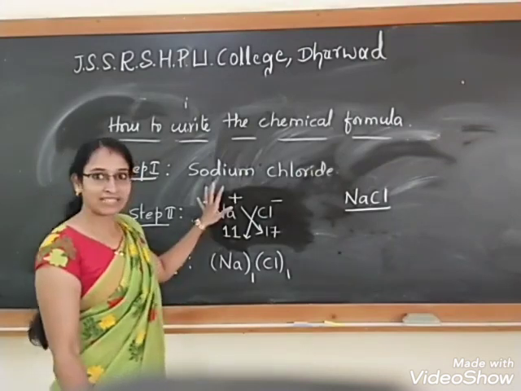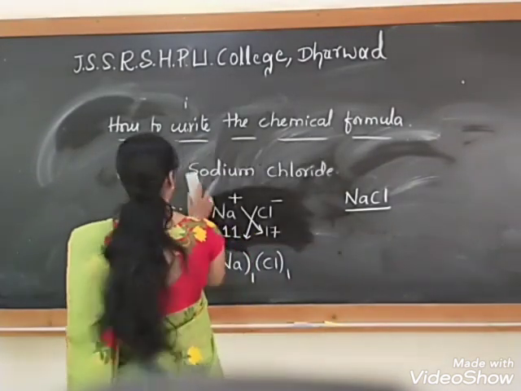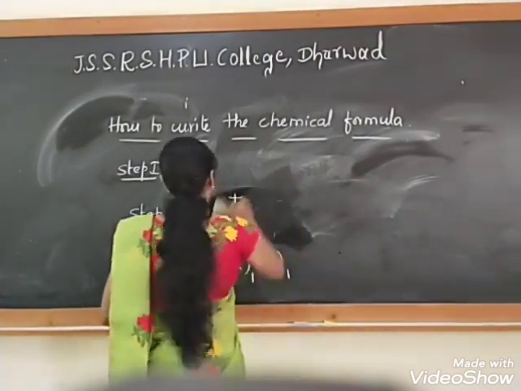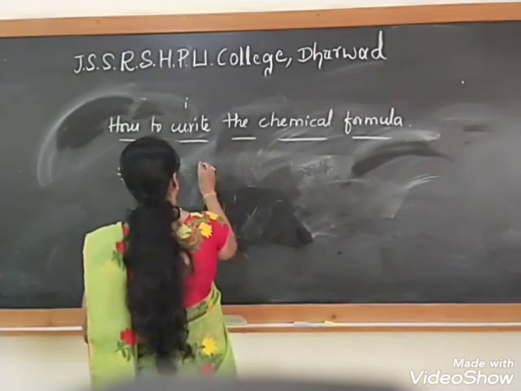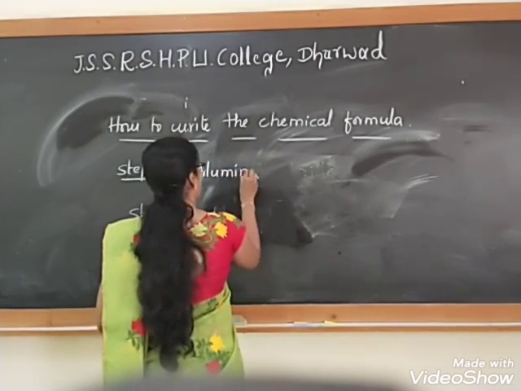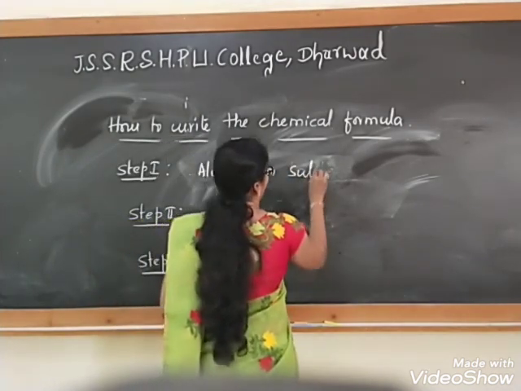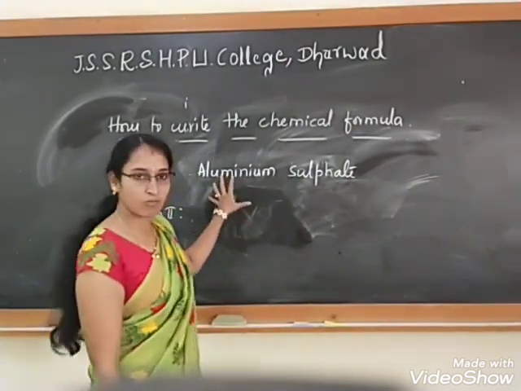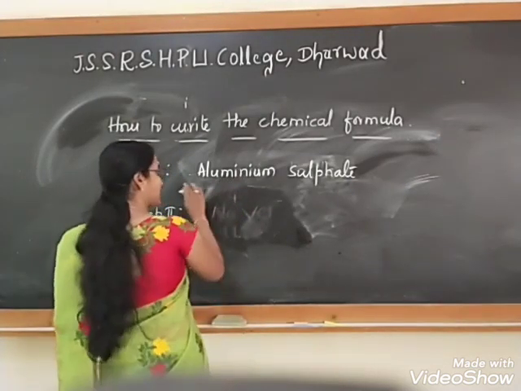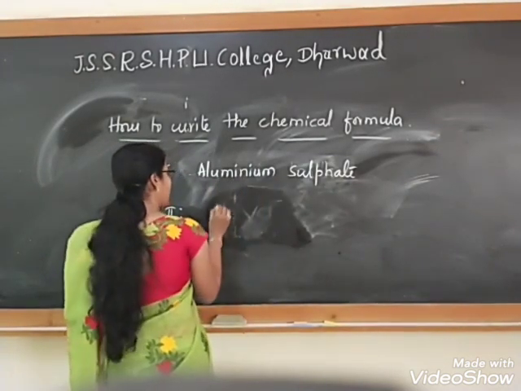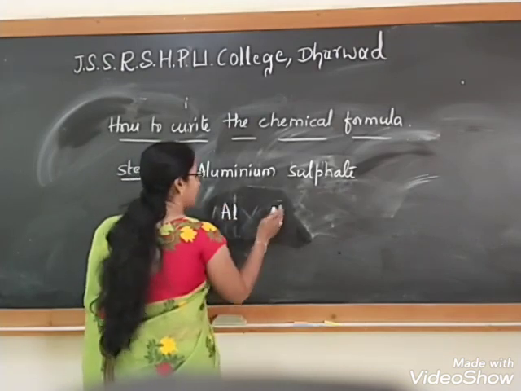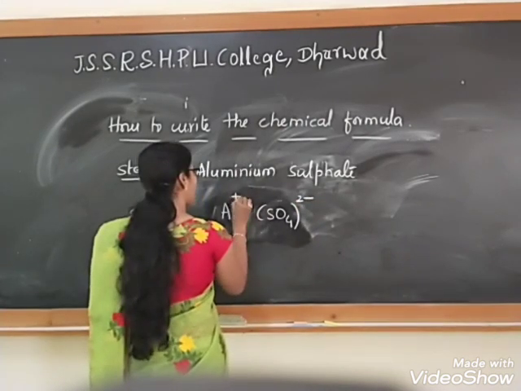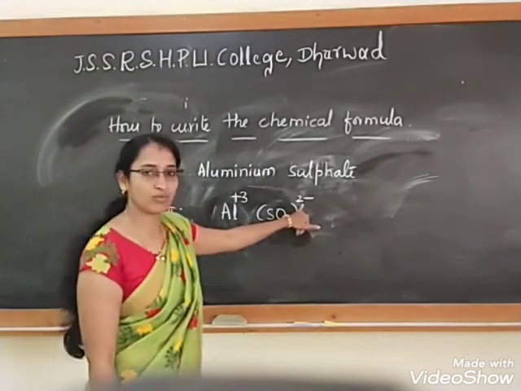Okay, so this is one example. I am going to explain one more example, that is how to write aluminum sulfate. So aluminum sulfate formula ಗೊತ್ತಿಲ್ಲ, ಮಾಡಬೇಕು. So the first step, the name should be written as it is. In the second step, the symbol should be written. So Al. Sulfate is a group of atoms which is having a negative charge. Okay, so it is having +3 oxidation state, -2 oxidation state.